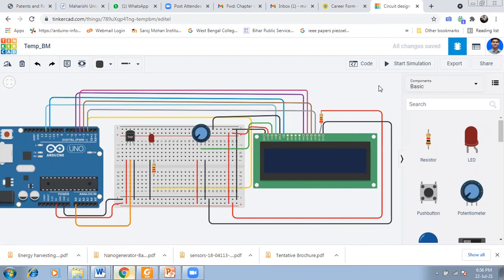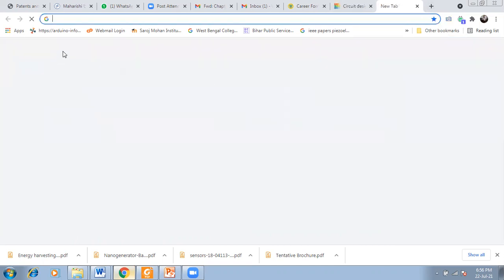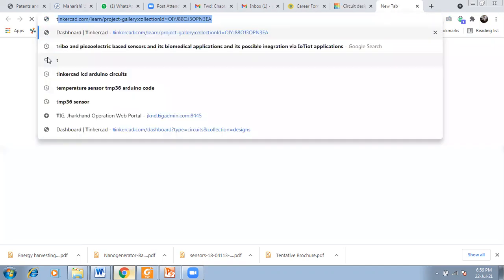Now we have to write the code. We'll write down some code. For the sake of simplicity, I am taking that code.